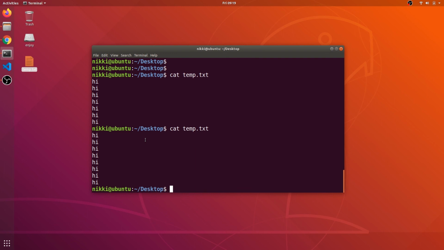Suppose any other guest user or normal user has the right permissions over this crontab file, then they can easily escalate their privileges to root, because they can execute a reverse shell or something like passwd, and they get a root shell, because these cron jobs get executed with root privileges. That's why care should be taken while editing and giving permissions to this crontab.